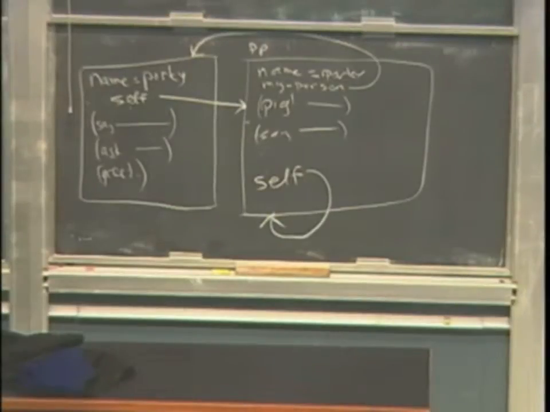But what we would have to do is, when we define piggers, we would have to manually put in an ask method and a greet method. And similarly for any other class you define, you'd have to keep copying. You'd be doing a lot of copy and pasting of methods from one class to another. This avoids that. It makes it much, much more practical.